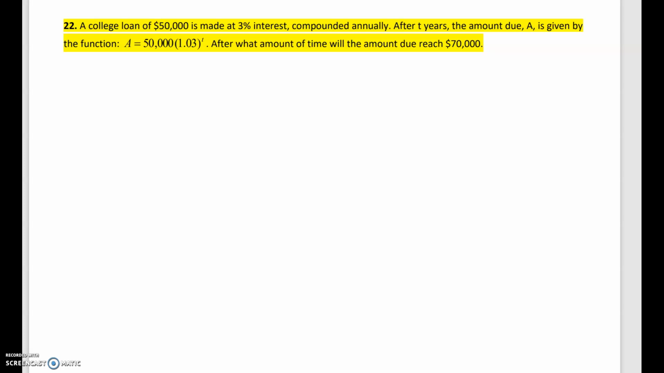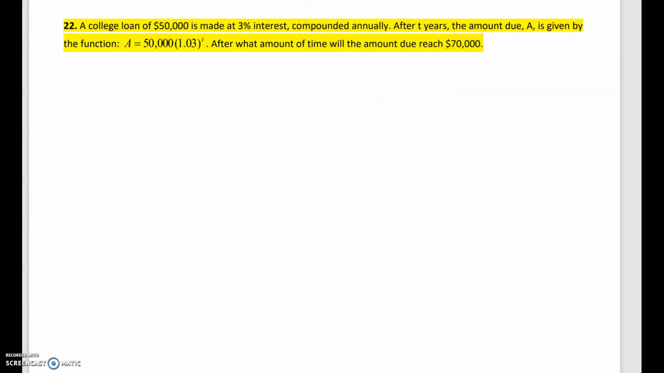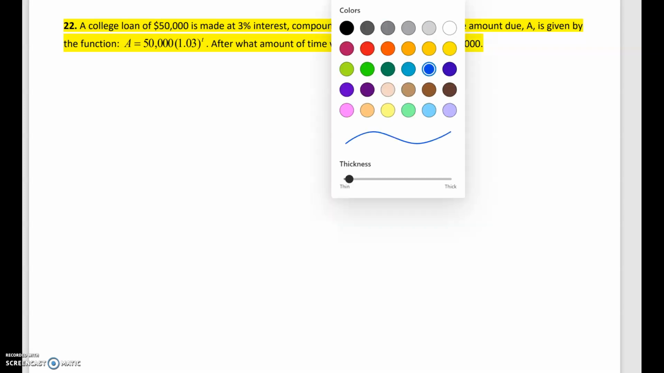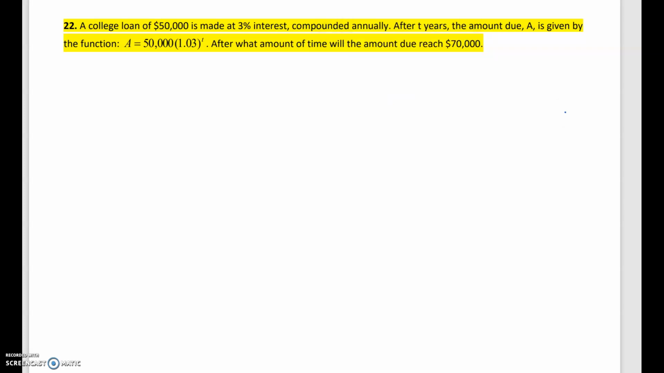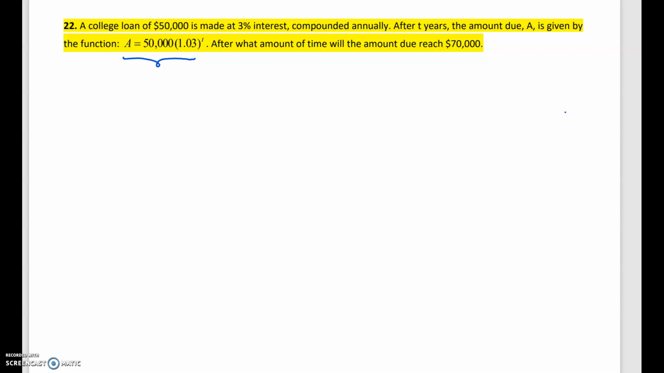Hi class, take a second and read this problem. They're basically talking about the following. So there is a loan and the main function that we could use to model the loan is given here by A. Give me just a second, let me make it thinner. Okay, and the main question is they want to find T, or X for any other similar problem, when it's going to reach the 70,000. So in this case, we want to find T